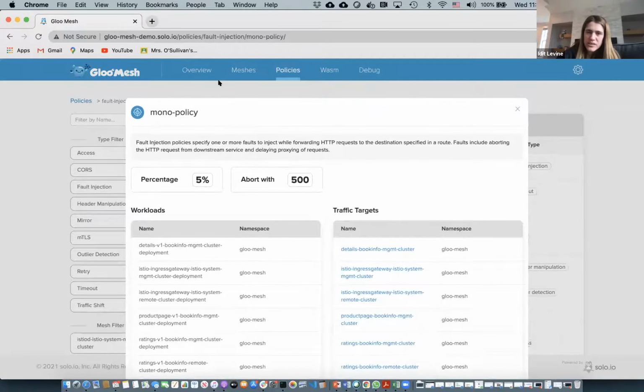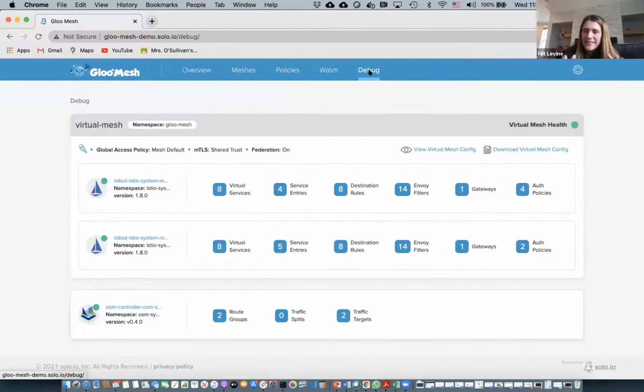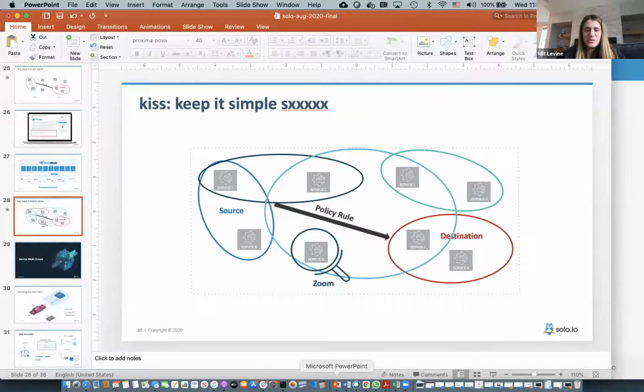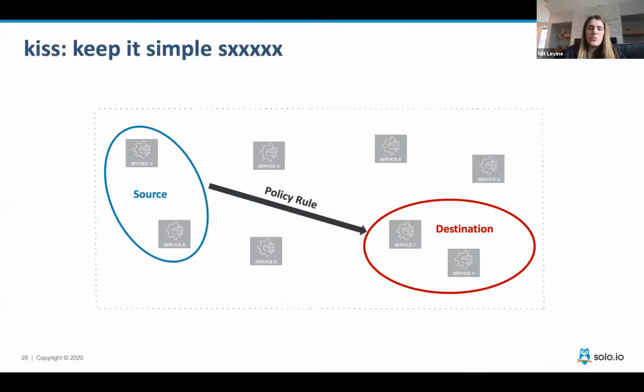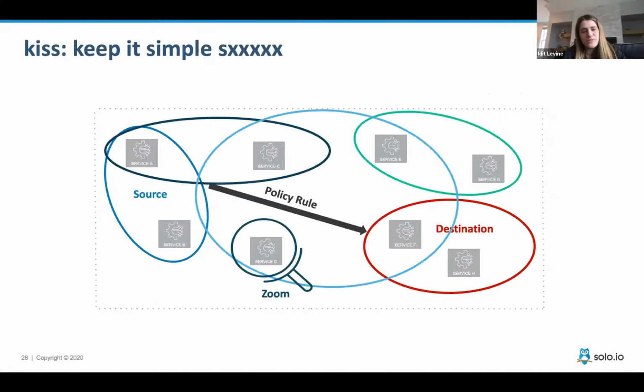But the beautiful one is this: behind the scenes, the only thing that we're doing is basically translating to the actual mesh. And that's what you can see here. You can see a lot of Istio configuration that is created behind the scenes that you can actually go ahead and do yourself. So again, open source, I really recommend you guys look at this, but let's go real quick to the presentation and talk about why I'm excited about the future.